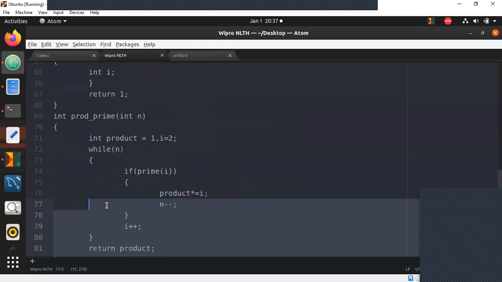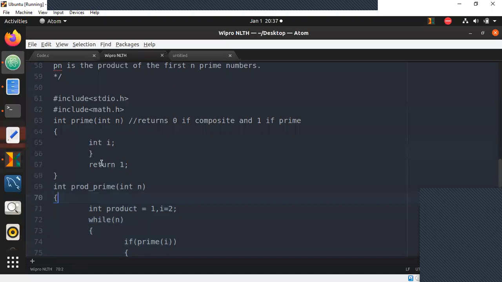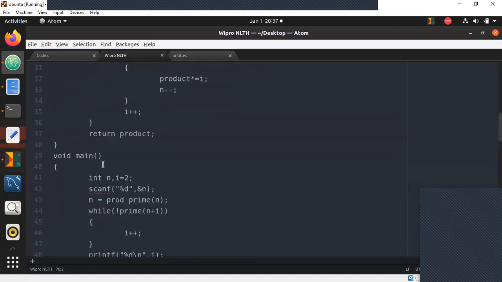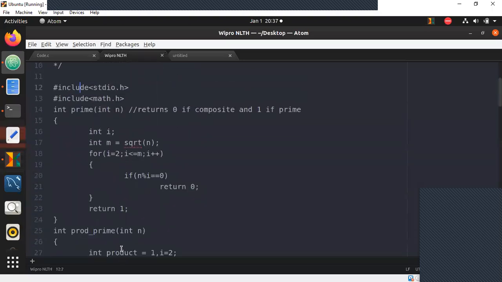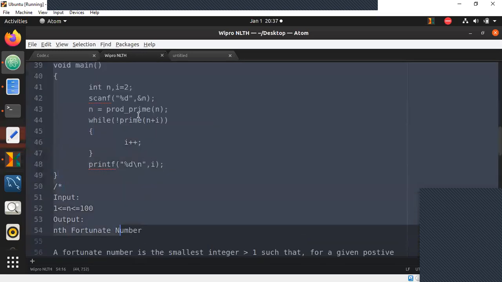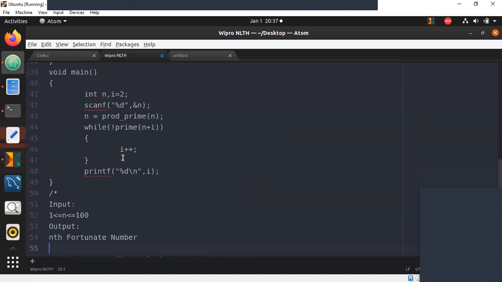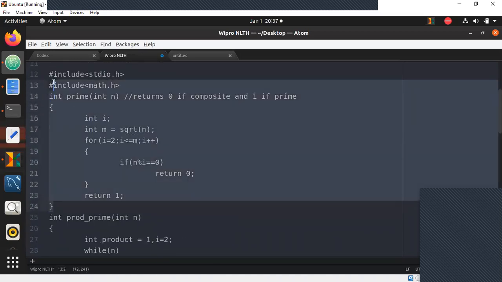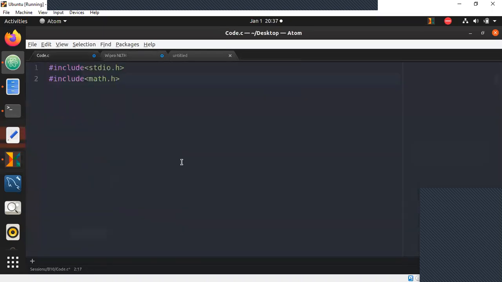All right, so now let's copy the program, because I think it's not copied properly. So I think this is the last program. So yeah, there's a couple of mistakes here. It's not copied properly, so I'll just delete this. So this was the program. All I'll do here is just copy the prime of n function. I'll only copy the prime of n function here, because we are only supposed to find whether a number is